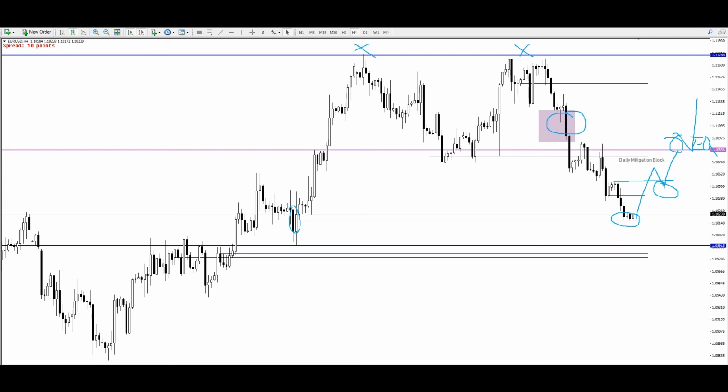Bearish case scenario is we sell off from this block right here, and we hunt the stops here into this bullish daily order block right here. And then if we reject off the range here, then I expect us to just keep hunting these lows, basically. What I'm looking for though is,